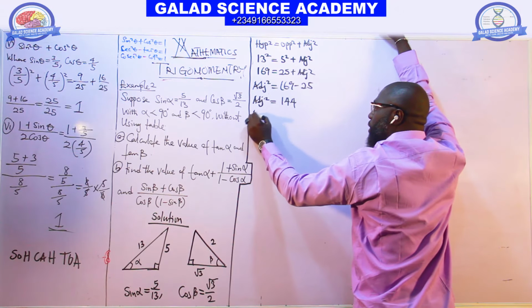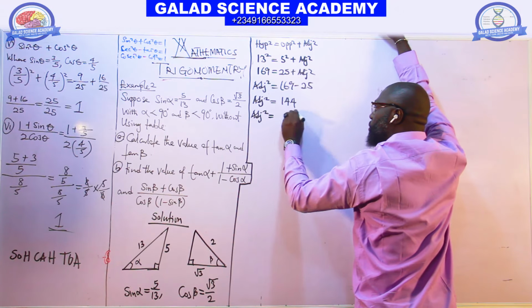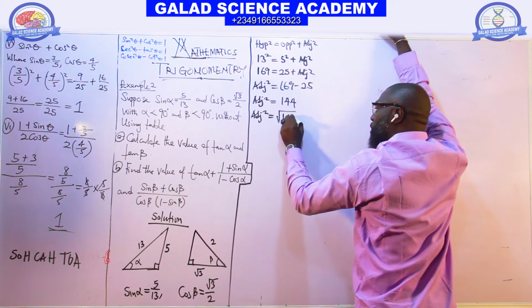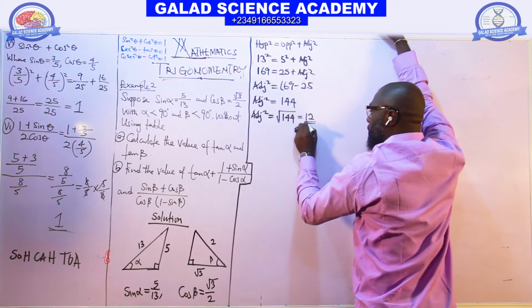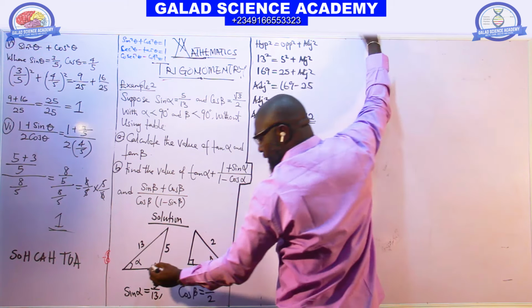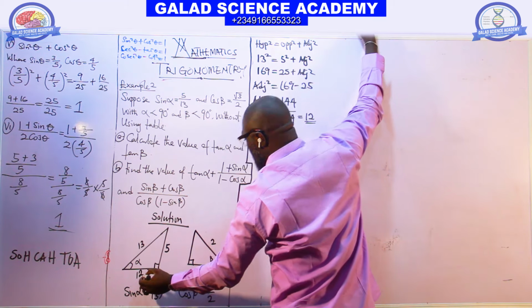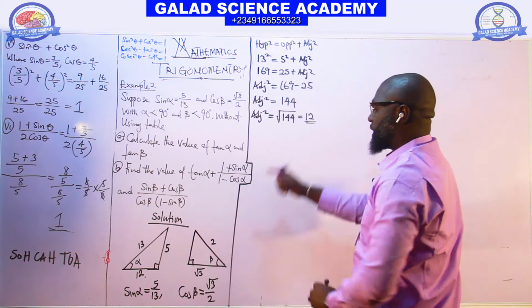You have the adjacent square, which should be the square root of 144, which is 12. So here, this side we have 12. Now for the second one,